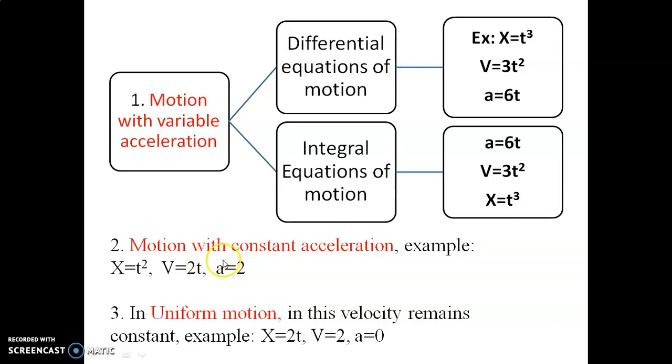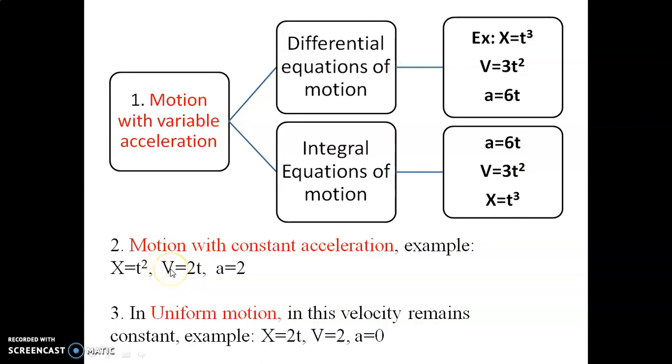Now let's put the different values of time t in these three equations together. If I put t is equal to 1, t is equal to 2, t is equal to 3 in the first, then second, then third equation, for different values of time t, I am going to get different values of x. In the equation of velocity, we can observe velocity is expressed as a function of time t. It means if I put different values of time t, I am going to get different values of the magnitude of velocity.